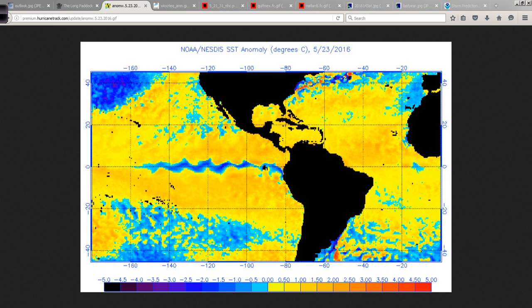And the anomaly map for today shows that pretty well. We do have this continuing blue ribbon of colder than normal water along the equatorial Pacific. Meanwhile, the main development region in the Atlantic stays warmer than normal, colder than normal up here in the northeast Atlantic. And then we do have this area here in the subtropics that's warmer than normal. So it's going to be an interesting season, one that has mixed signals for maybe prolific development, and others that